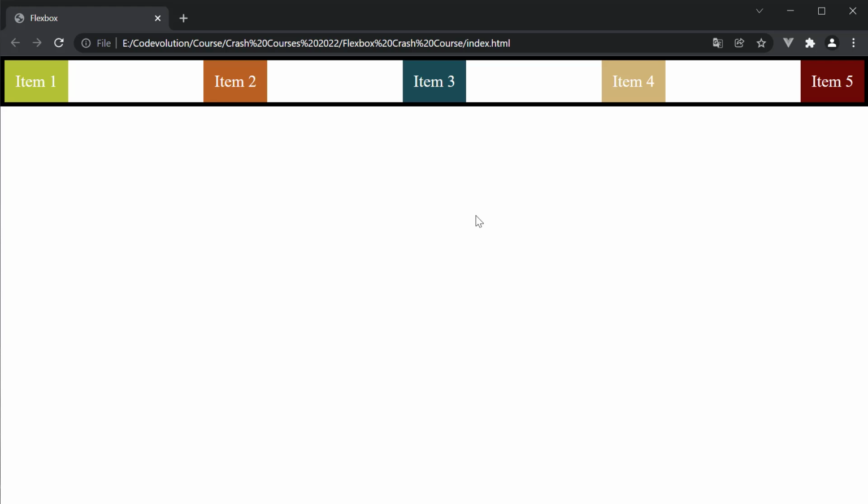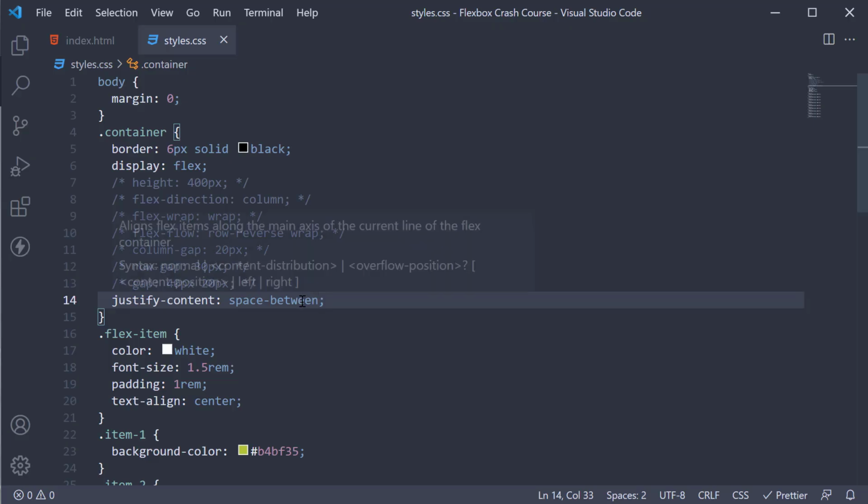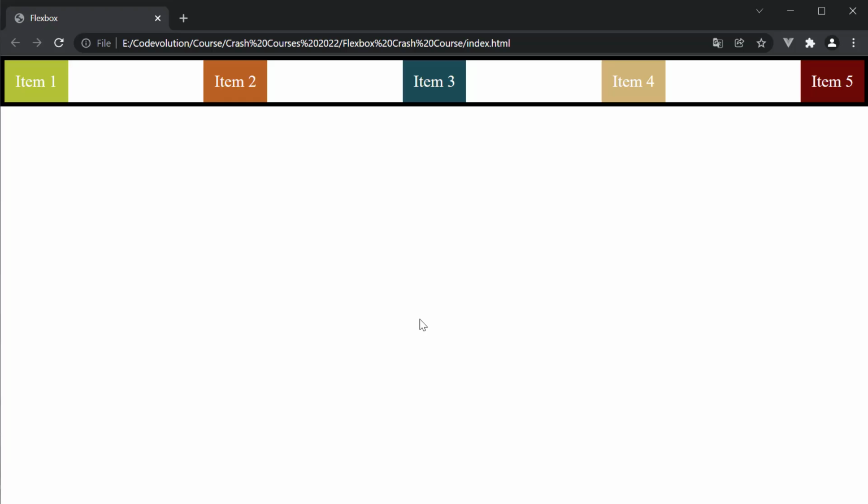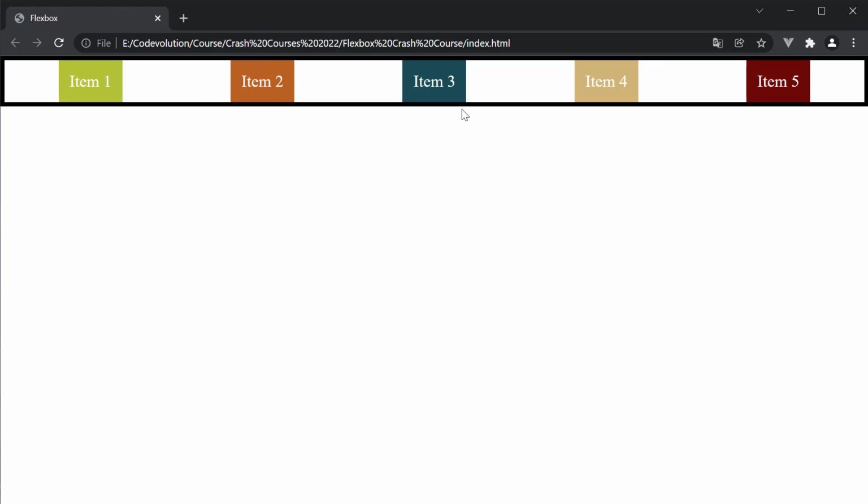Sometimes you might also want the space before the first item and after the last item. For such a scenario, the value is space around. Let me change space between to space around and refresh the browser. You can see there is now space at the beginning and at the end. And the space is equal to half of the space between the Flex items. For example, if space in between the items is 20 pixels, space at the start and end would be 10